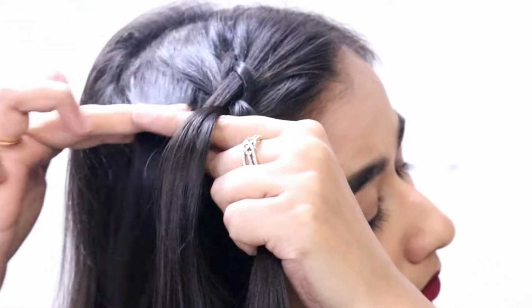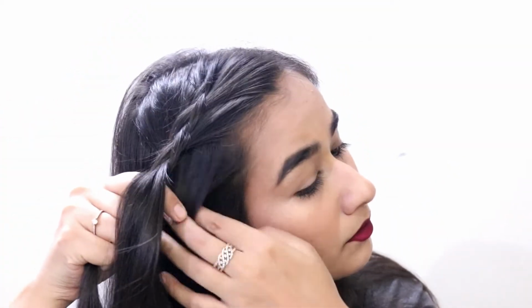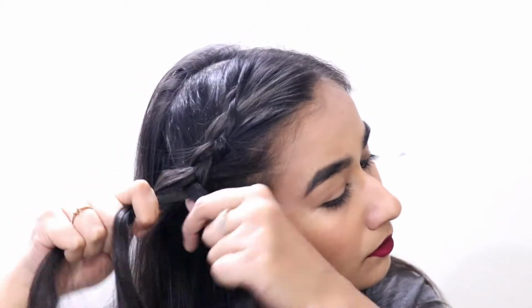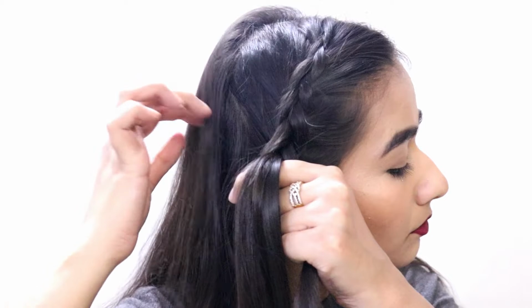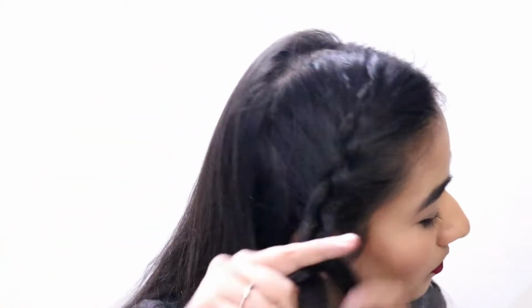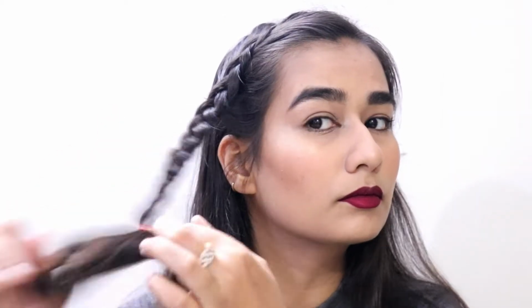any confusions. You have to repeat these steps till you reach your ear level, and at your ear level you have to add hair only to the front section and not to the back section. This will help you avoid bumps, but if you do get bumps, I will share how to rectify it. Now once you move past your ear level, you have to braid normally and then tie it off with an elastic rubber band like so, and then you have to basically repeat the same steps on the